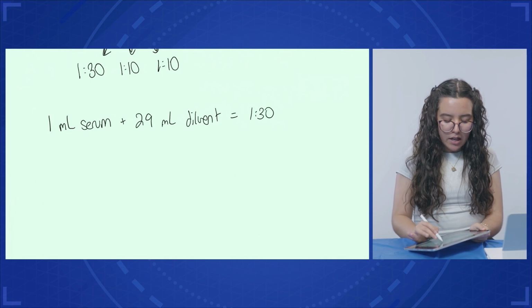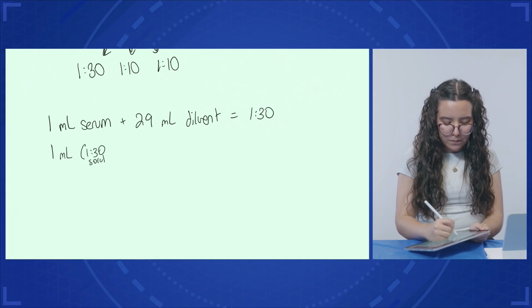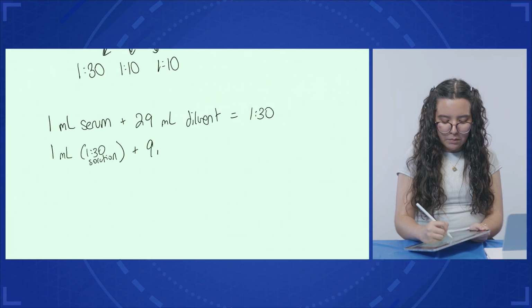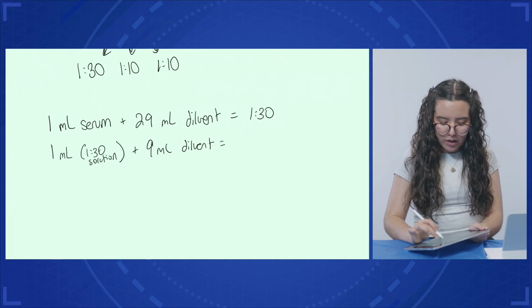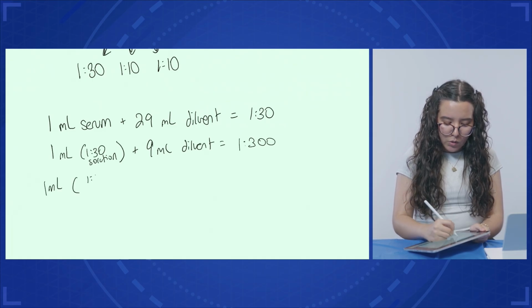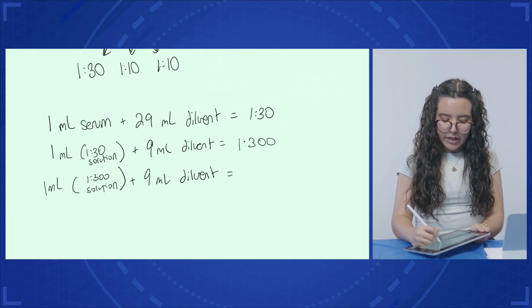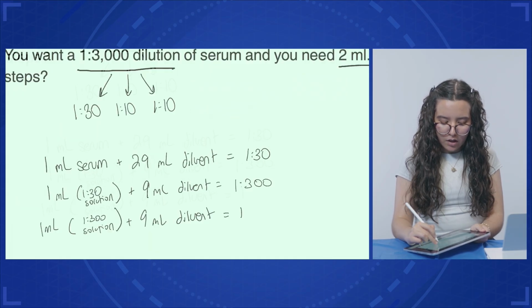Then I can take this 1 to 30 solution and use 1 milliliter of the 1 to 30 solution, add 9 milliliters of my diluent, and that leaves me with a total of a 1 to 300 solution. And then I'll get 1 milliliter of the 1 to 300 solution and add 9 milliliters of my diluent, and that's leaving me with my final 1 to